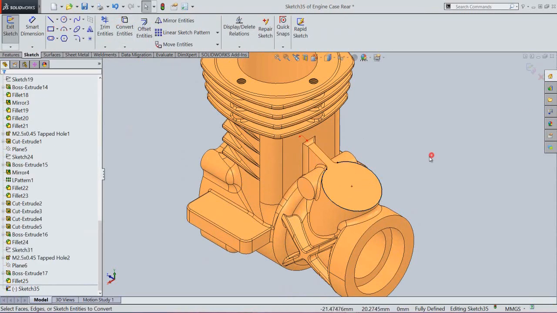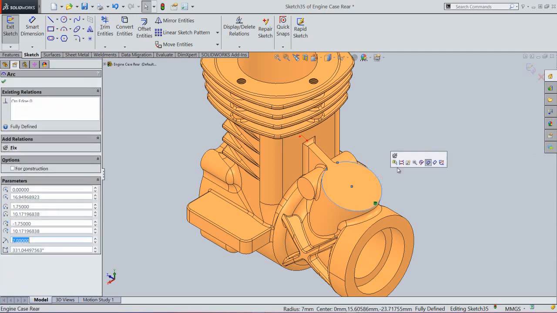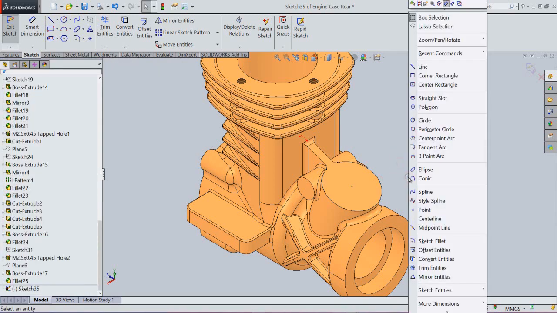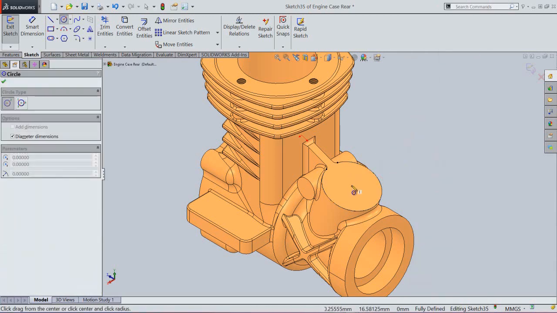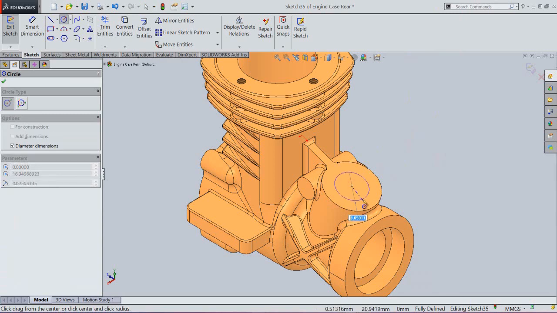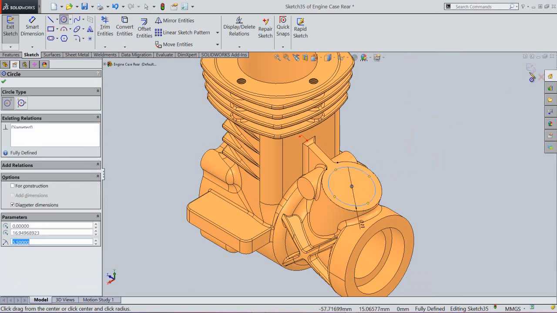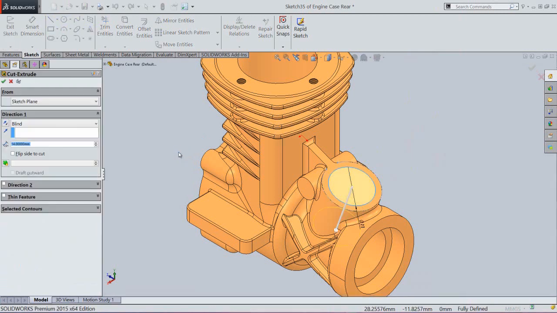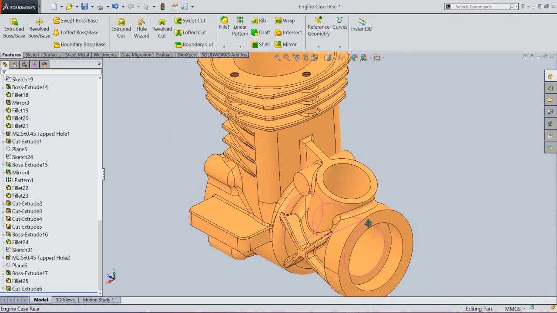Take the projection of this edge. Create a circle 11 mm diameter. Finish the sketch. Set the depth value 15 mm. Click OK. Now my another hole is created on this face.